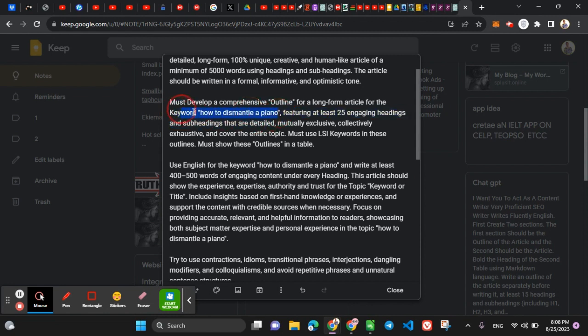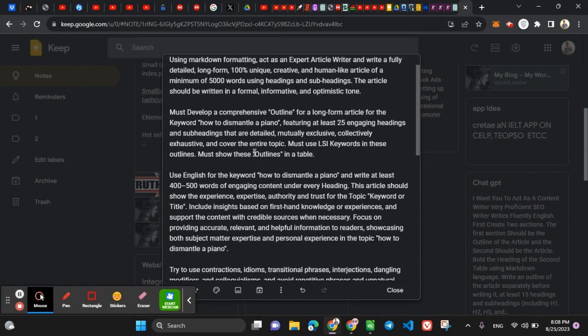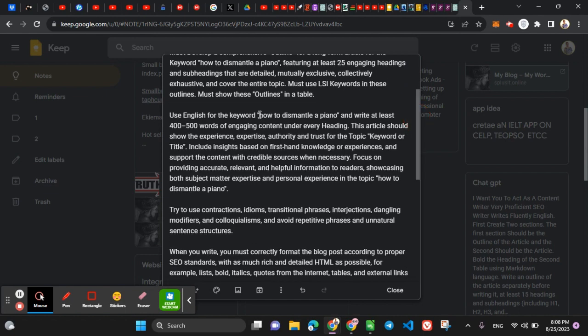Another thing to know is that once you want to make a new keyword or a new blog article, you just need to change this "how to" here. Anywhere you see the keyword in the prompt, you just need to change it. You can just leave this outline here, which is going to list an outline before you start writing. Anywhere you see this placeholder, just change it with the keyword you want to use. I've already changed that